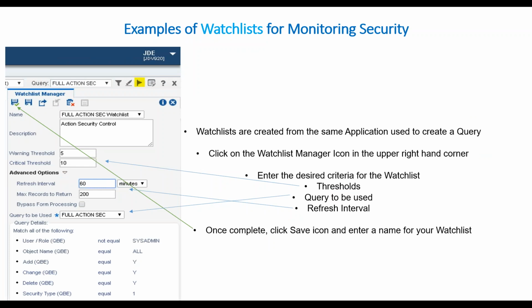All right. So, watch lists. We're going to touch on watch lists, on how to create it real quick, and then there's actually something else you do with the watch list after. So we're going to table it and talk about our compose pages, and then we'll come back to our watch list. So for now, watch lists are created from the same application used to create a query. So if you're going to create a watch list over a query, it has to be done in the same application that the query was created in. So we're going to go back to our